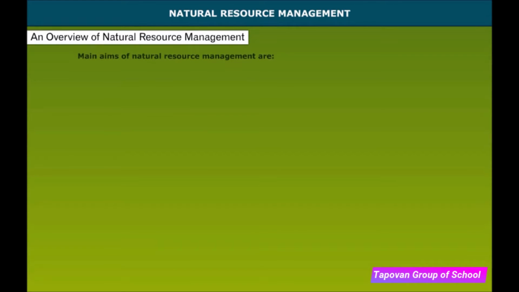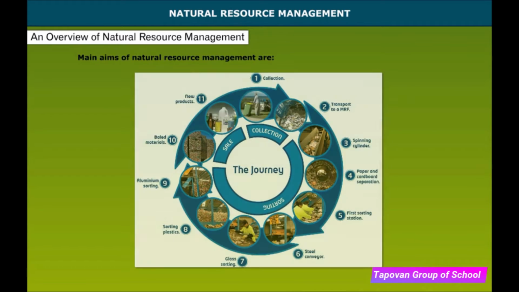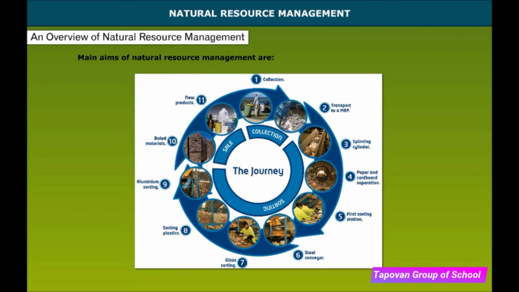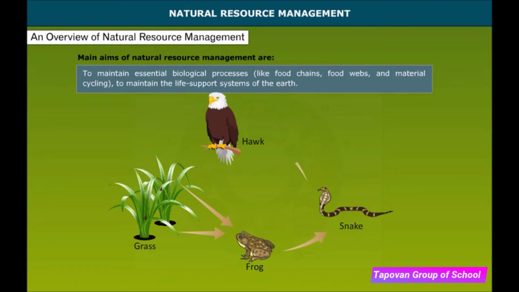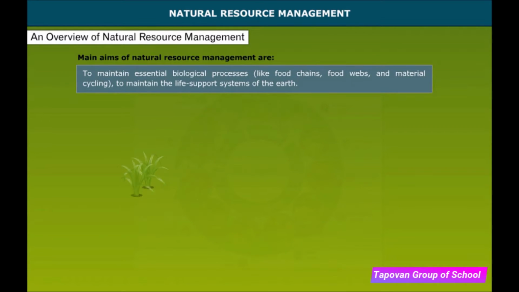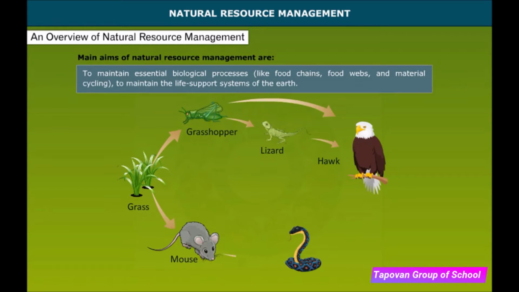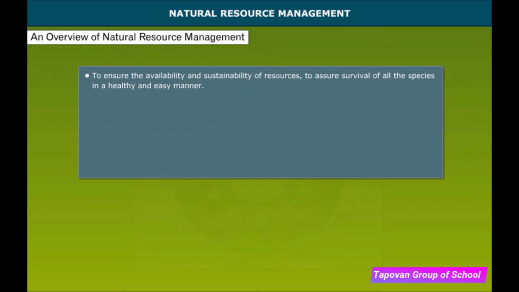An overview of natural resource management. Main aims of natural resource management are to maintain essential biological processes like food chains, food webs and material cycling, to maintain the life support systems of the earth, to ensure the availability and sustainability of resources,